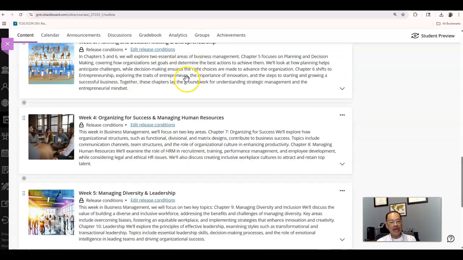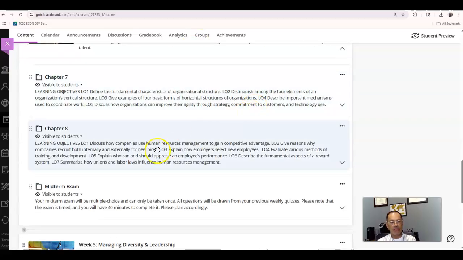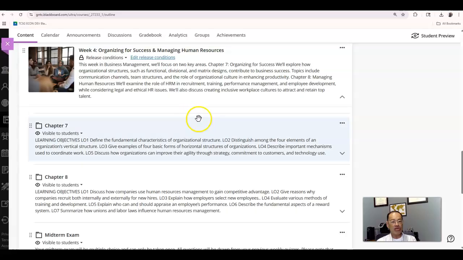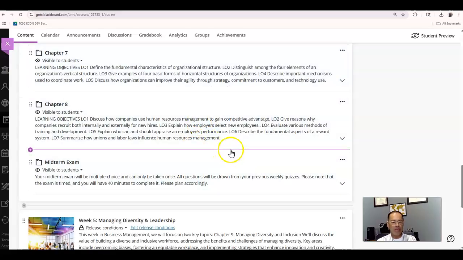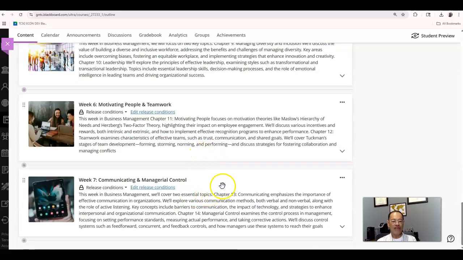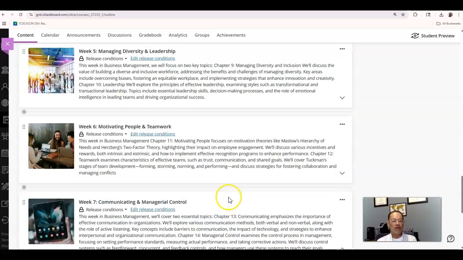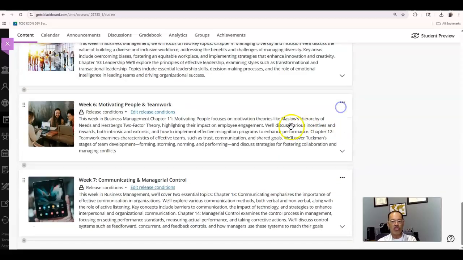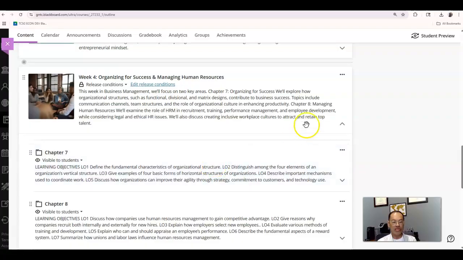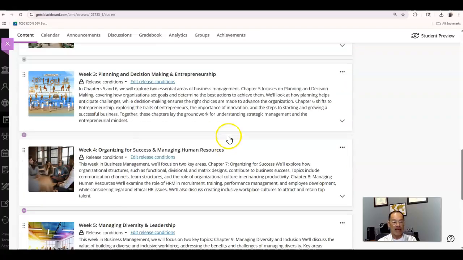Every week is the same with the exception of the midterm. During the midterm, I do not give a discussion because I feel like it's a little overkill. It's too much work. And the final week, week 7, the same thing. I don't do a discussion. The reason why I mention this is because I want you to know how important it is to do your discussions and get as many points as possible there.